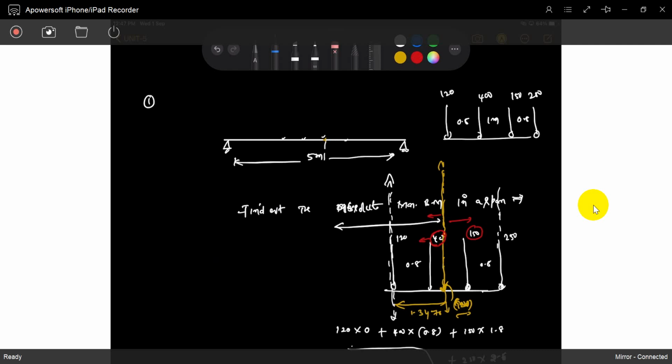So you have to consider one thing, this is the center of gravity line, and the other is the 400. You will consider both, and also the center of the span, which is 2.5. So you will consider these three: the center of gravity of the rolling system, the higher value on the right and left of it, which is 400, and the center of the span, because the center of the span will give the absolute maximum. We will arrange the system like that.